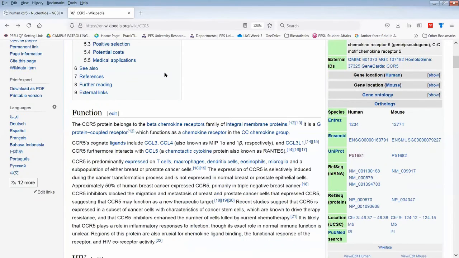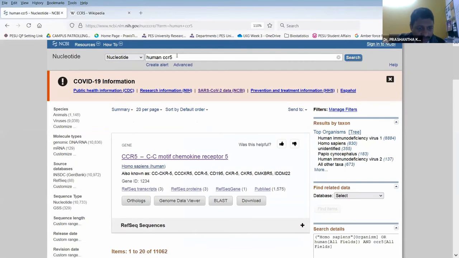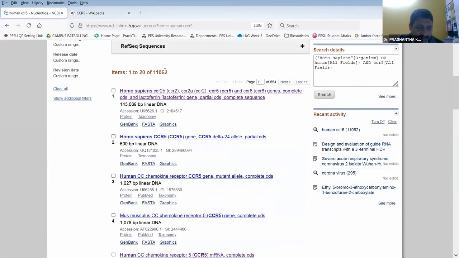Now, if I type human CCR5, the first thing you need to observe is we have around 11,062 entries in the GenBank. As I mentioned, GenBank is a primary database, and in the primary database,